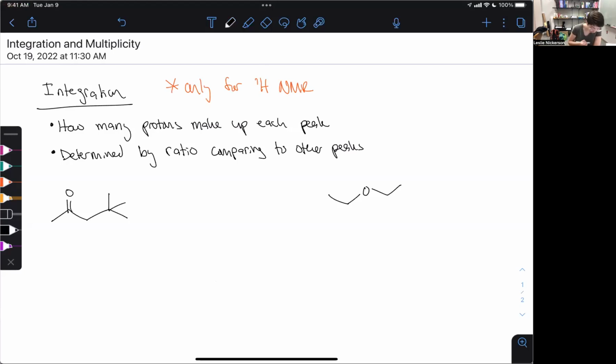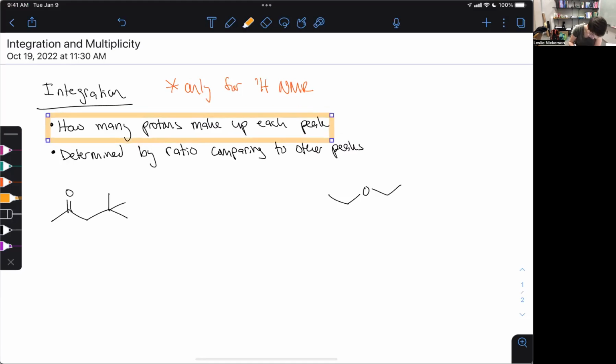Integration and multiplicity are commonly confused, so I'm putting them in the same video in the hopes that by the end of it, we have it clear which one is which. Integration is going to be how many protons make up each peak. What we're really interested in seeing are those equivalent situations where